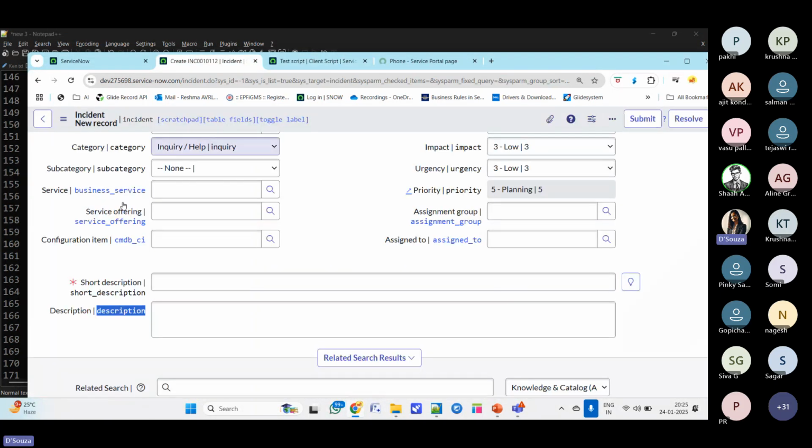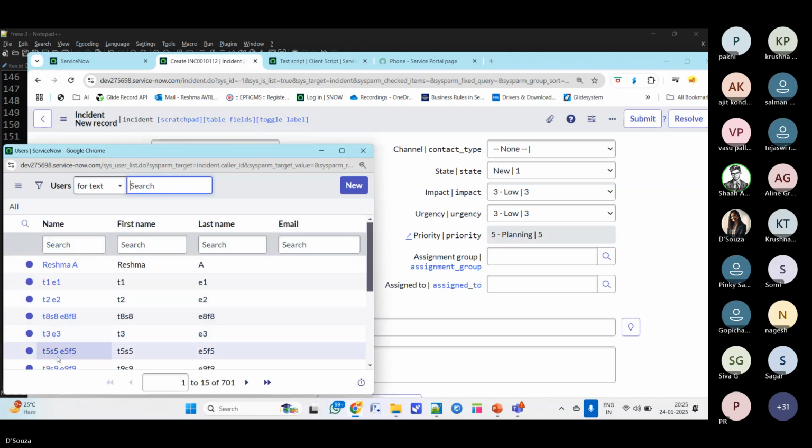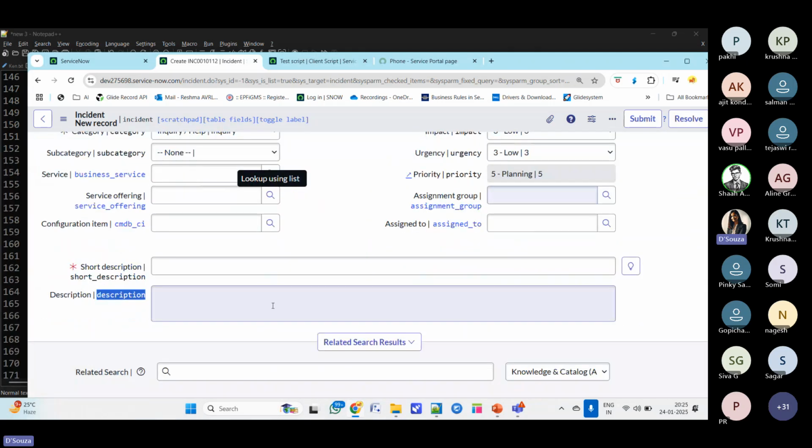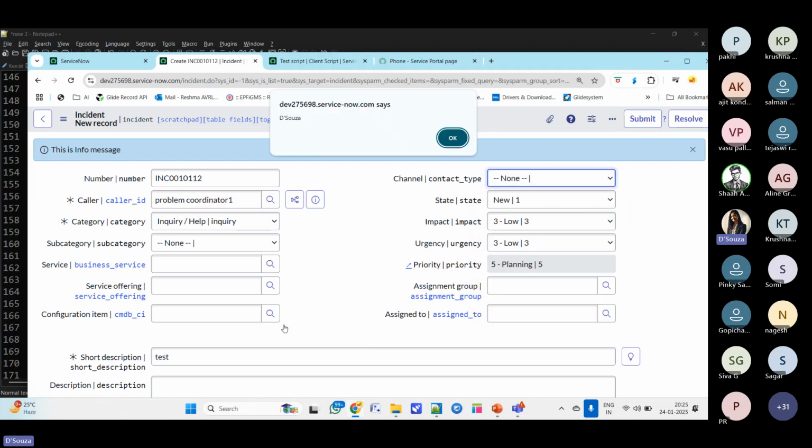So now I'll just fill the color to something else. Okay. And short description. As of now, the description is not mandatory. When I change the channel to something,